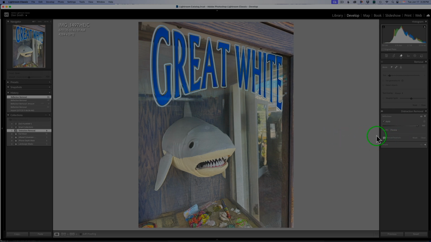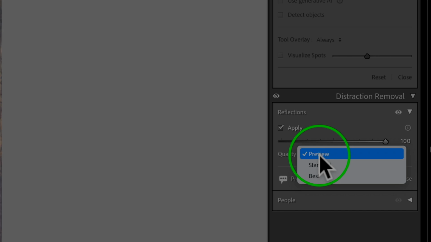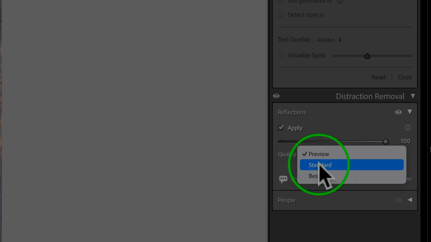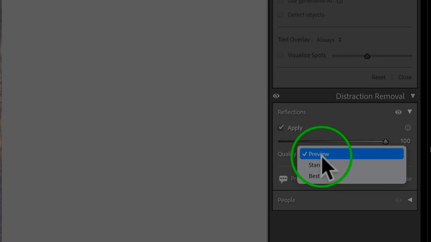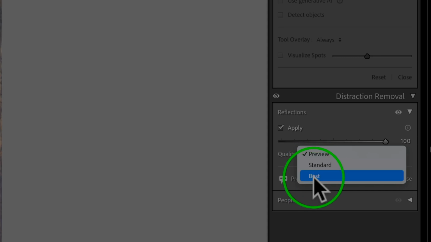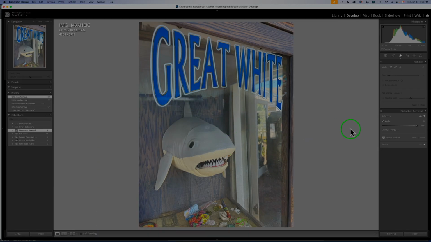Before we move on and take a look at the next one, I also want to point out that you have three choices here: preview, standard, and best. Preview is going to give you the fastest. My opinion would be, if it was an image that's very important, that I may look at printing or putting on my website, I would want the best. And from my test, it usually about triples the time. So if it's taking 8 to 10 seconds in preview mode,